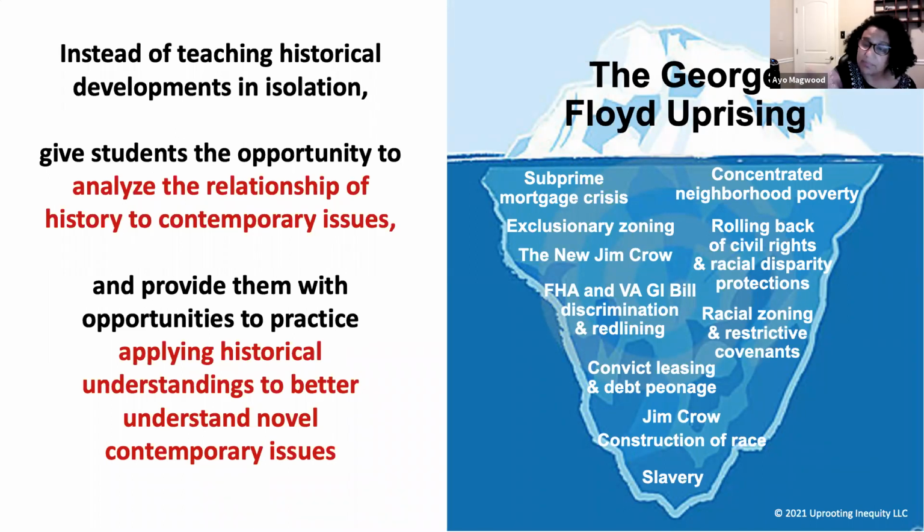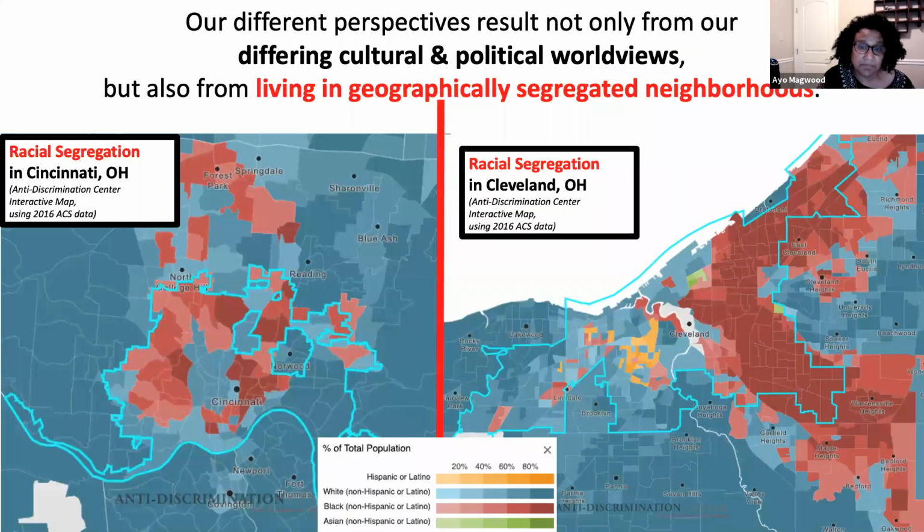You should be giving them opportunities to see this, of course, on the baby level, right? But they should be practicing from the elementary school level. They should have the understanding that history connects to today and that you can pull on your history to help you understand today. But they need practice at that, right? First, you need to help them realize that there is a connection, and then you need to help them have practice, of course, on a scaffolded level. And so that's the history, and now the economics.